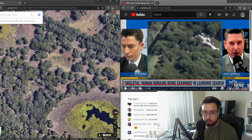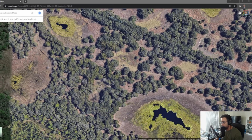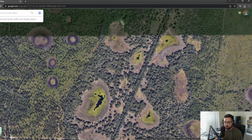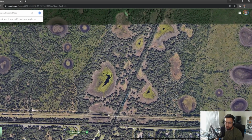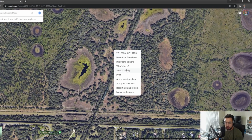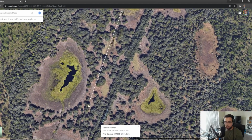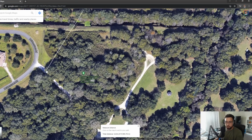So if we look at this map once more from the top in full screen, I'm going to go ahead and make myself much smaller, and I'm going to make north true north. So we're looking directly north. This is where they are pinpointing right now, and you can see it's really not far from the entrance to the reserve. It's really not far at all, and in fact, we can get the exact distance. If I drag this out in a direct line from the parking lot, or from where everyone right now is sitting outside the reserve, it is roughly